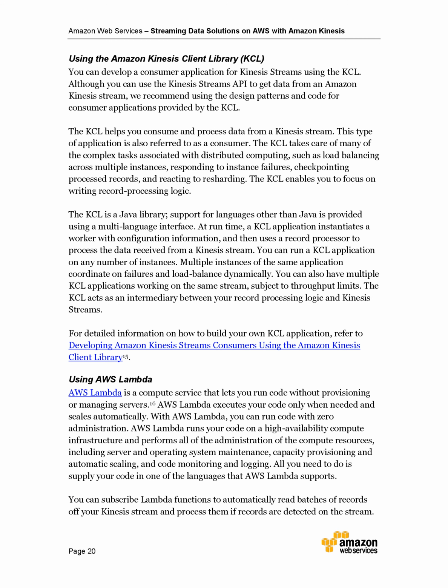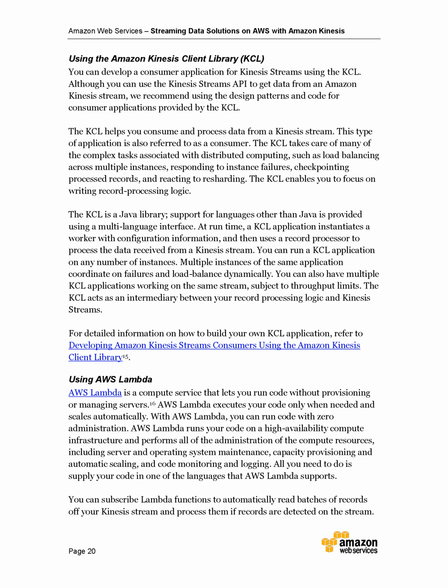Using the Amazon Kinesis Client Library, KCL, you can develop a consumer application for Kinesis streams. Although you can use the Kinesis Streams API to get data from an Amazon Kinesis stream, we recommend using the design patterns and code for consumer applications provided by the KCL. The KCL helps you consume and process data from a Kinesis stream.